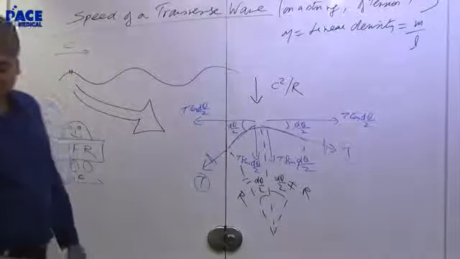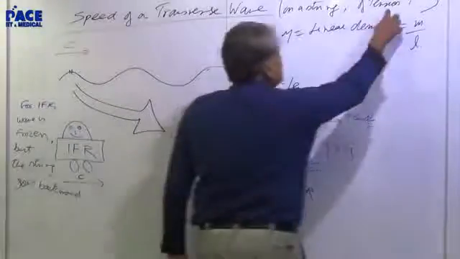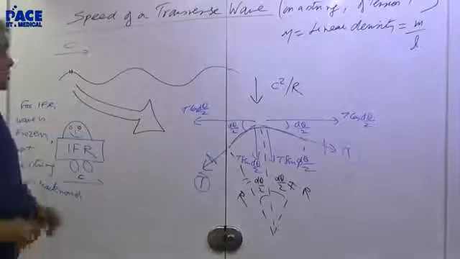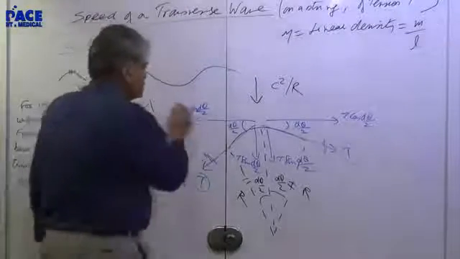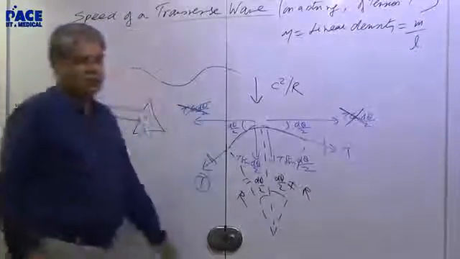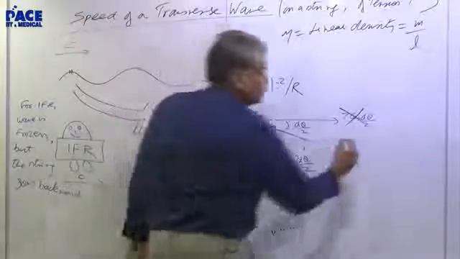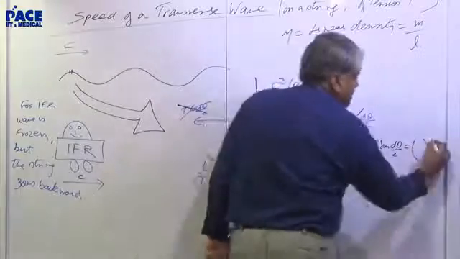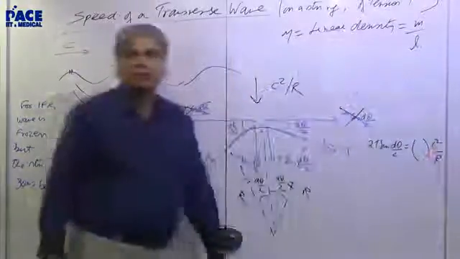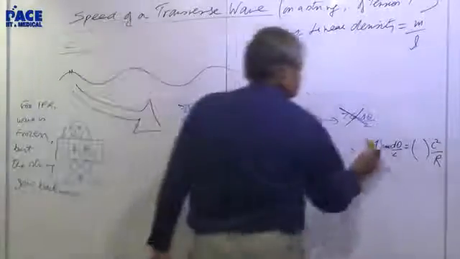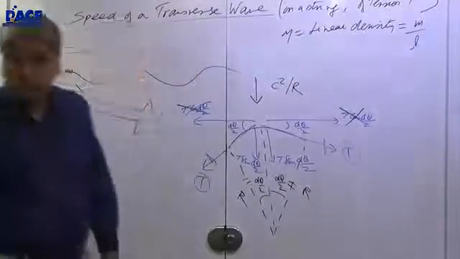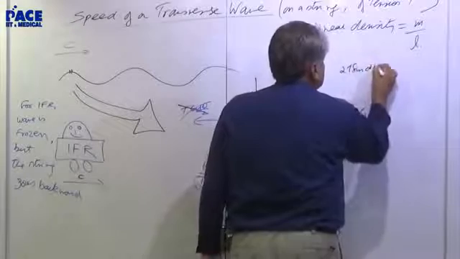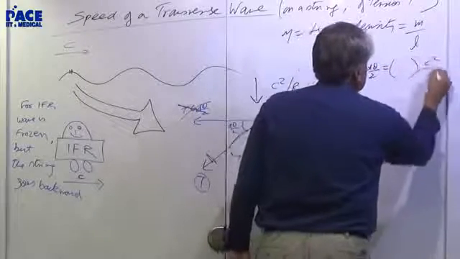So, what are Newton's laws? I am assuming the tension in the string to be T and mu as the mass per unit length. We call it linear density. Newton's laws would be: these two tangential forces get cancelled. The vertical component, 2T sin d theta by 2, is equal to mass into acceleration. Getting out of the board. The Newton's law I am writing here: 2T sin d theta by 2 will be mass into acceleration.